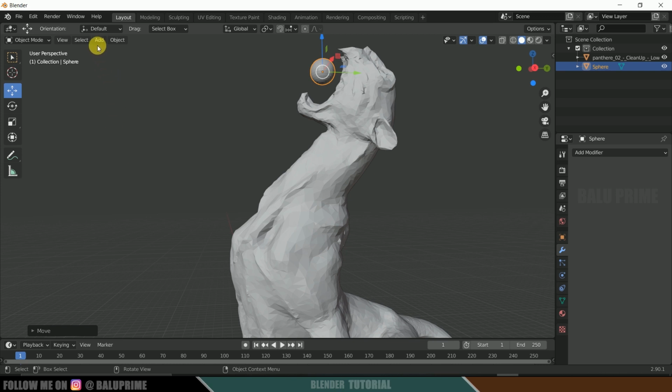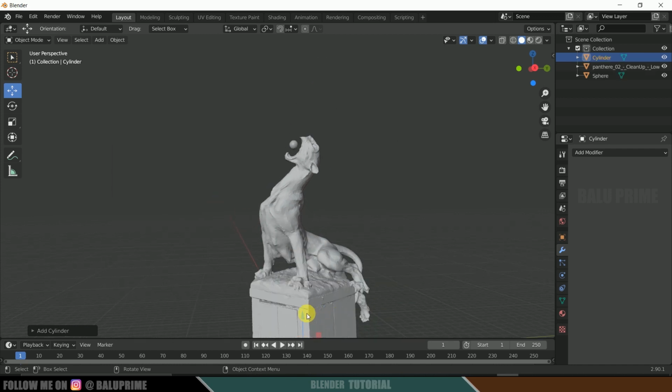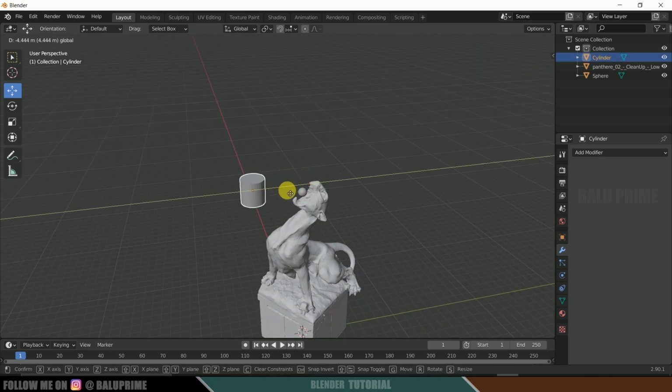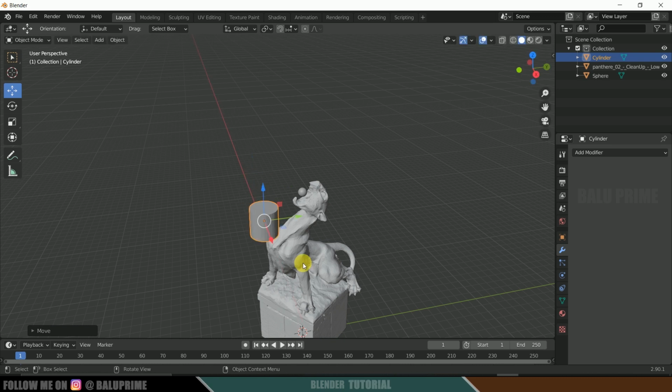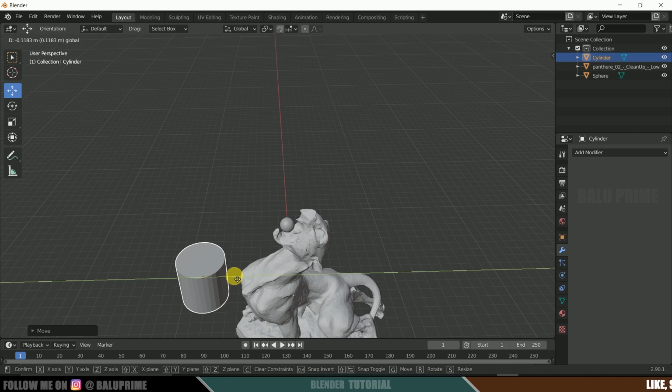Now let's click on Add once again, or else you can use Shift plus A, go to Mesh and add the cylinder. We are using this cylinder and we will convert this into a pipe kind of shape. Let me bring it here and place it.